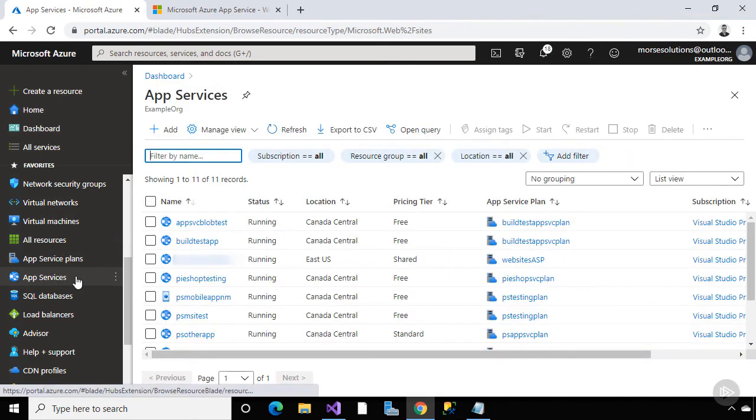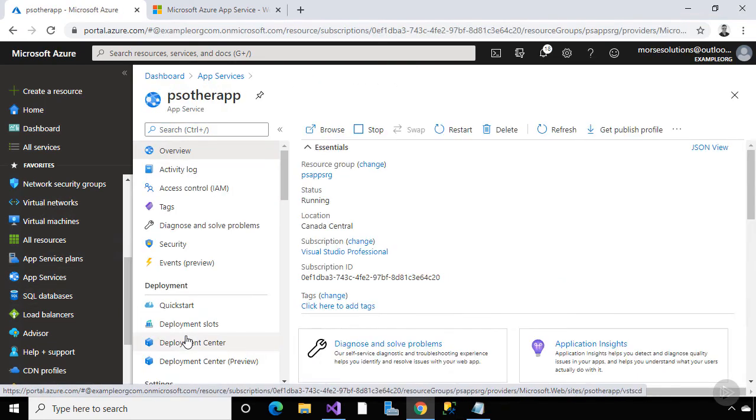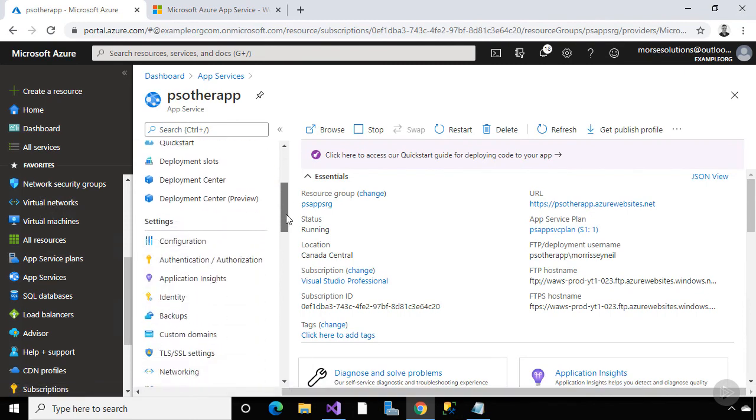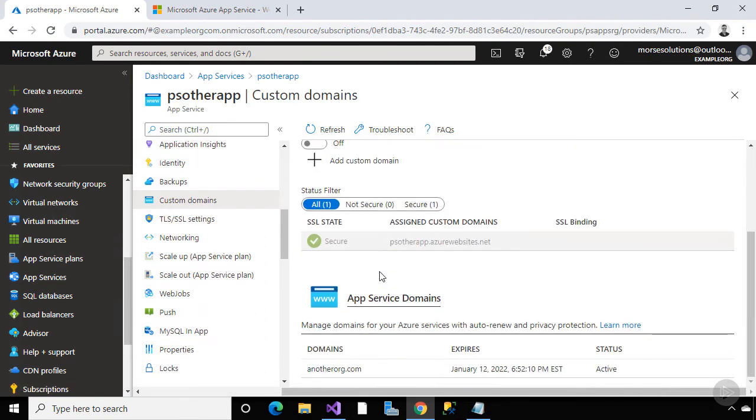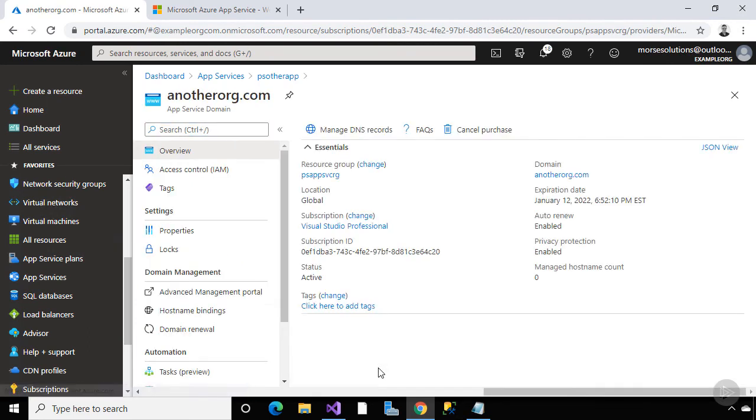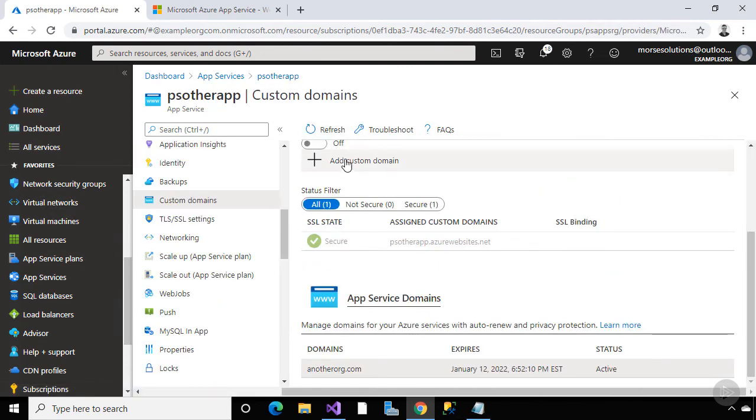Now let's go to App Services and open up the app service I created for this demo. If we go down to Custom Domains, at the bottom are the available app service domains. You can click on this, but it doesn't attach it to your app service. It just brings you to the resource itself, the app service domain. So let's back out of here. And in the app service